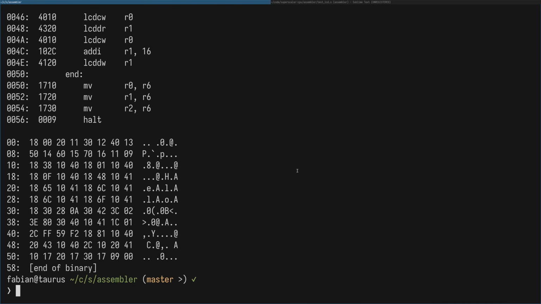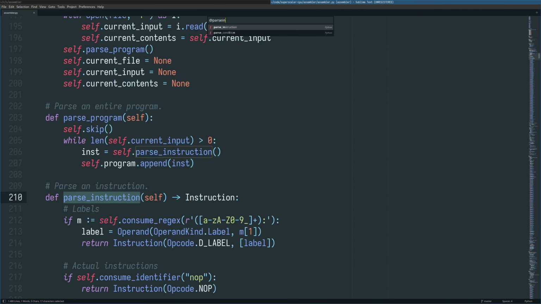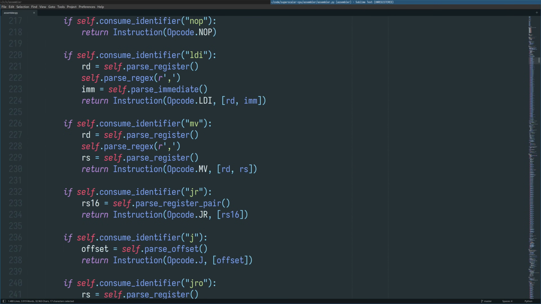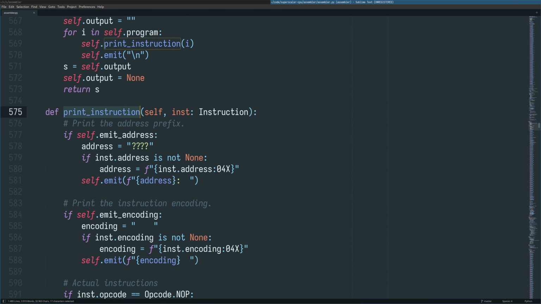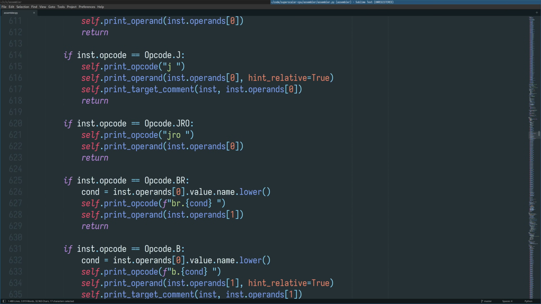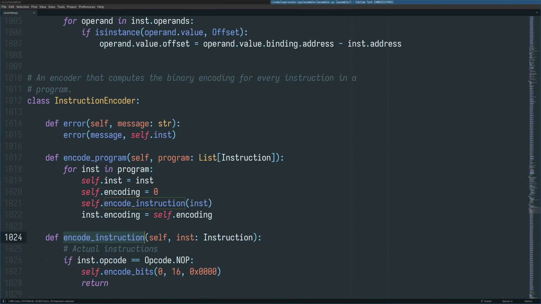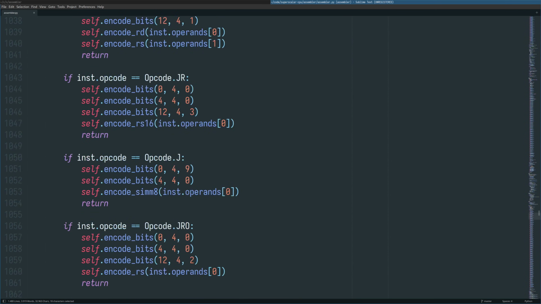the human-readable assembly. The main parts of the assembler that make this work are the parse instruction function, which reads the program written by a human and parses it into the internal representation of the assembler. Then there's a print instruction function, which allows the assembler to print the instructions back to the user in human-readable form for error reporting and to have this verbose output. And there's an encode instruction function that takes the internal representation and compiles it down into the binary format that